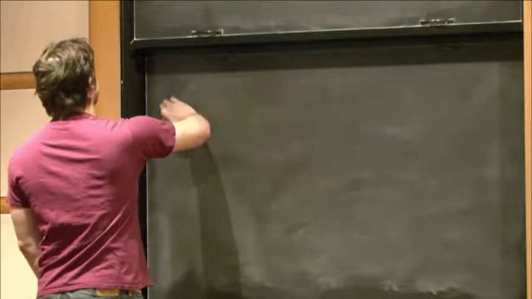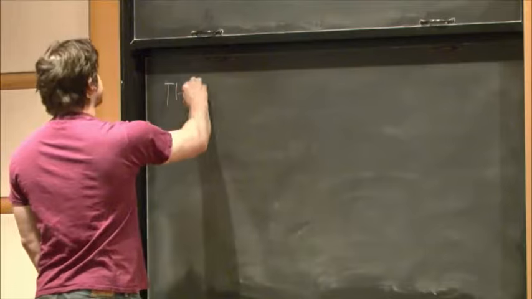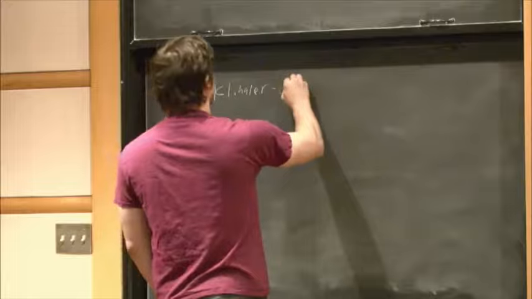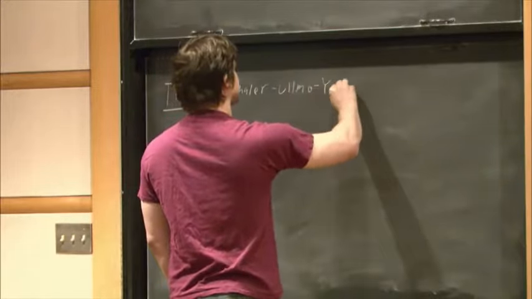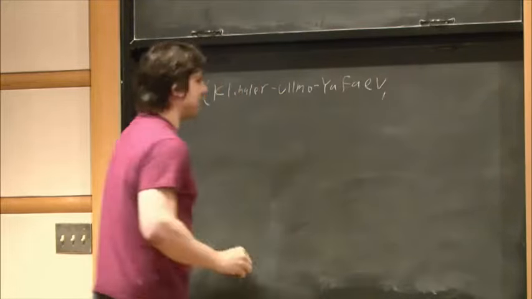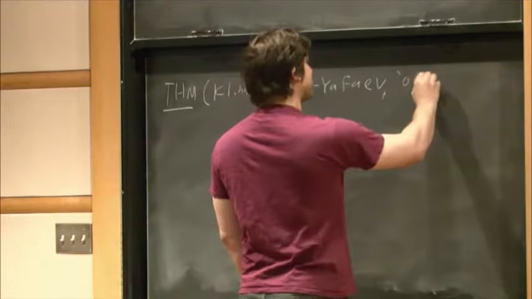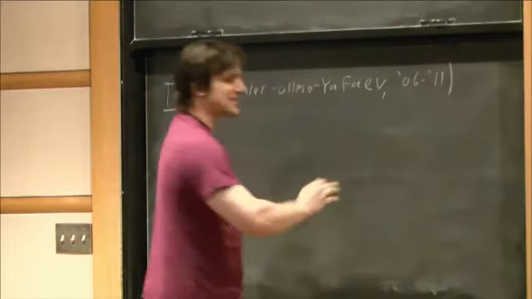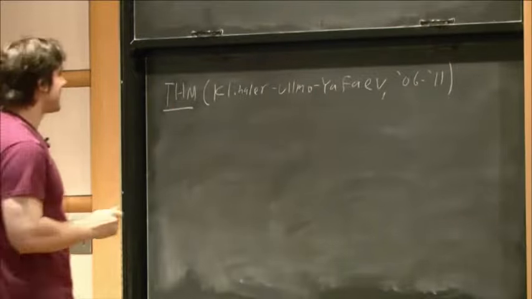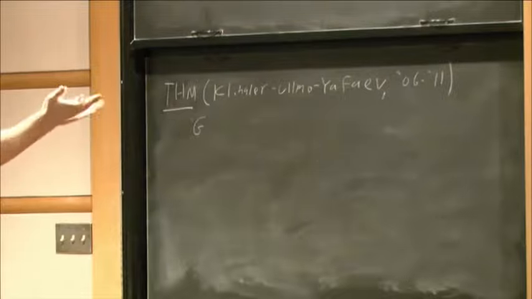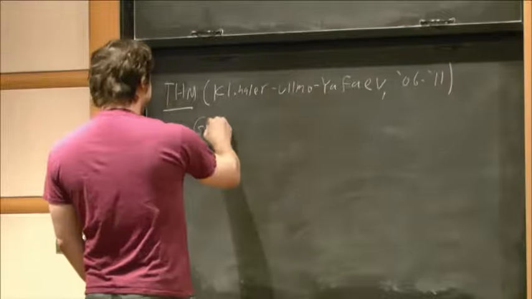So there's been a lot of work on this conjecture in recent years. I'll just mention a couple of partial results. There's a theorem by Klingler, Ullmo, and Yafaev. They came out with it in 2006, and then I think it was finally published in 2011 or so. So at some point between there, it became a theorem. You think when it's published, it changes that? Well, no, I said somewhere in the middle. I don't really know.